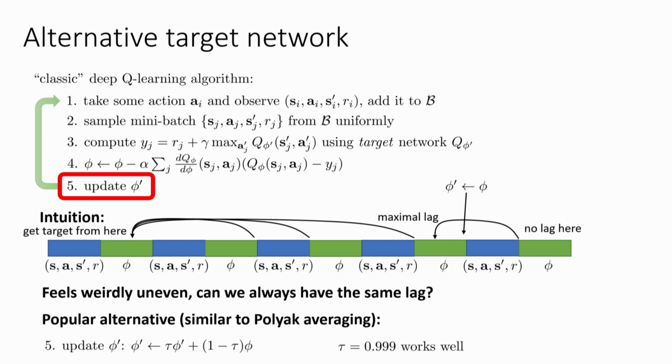So this basically forces phi prime to be a kind of damped version of phi, a time-averaged version, which in practice behaves quite similarly to the target network from before, but without this perhaps aesthetically displeasing bursty property where it's updated at very discrete points in time. So it's updated every time, but with a damping parameter that ensures that it changes much more slowly than the actual parameter value phi. Okay. So this is just a little modification you could use if you feel so inclined.